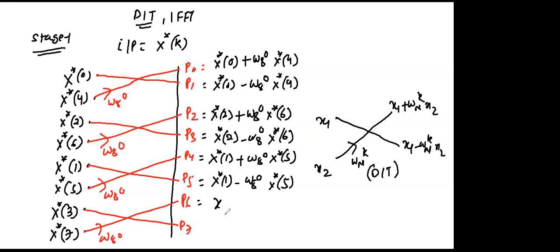Finally, sorry, capital X conjugate 3 plus omega at 0, x conjugate 7. This is x conjugate 3 minus omega at 0, x conjugate 7. Okay. Please note down these equations. This is your stage 1 calculation. I'm just giving 30 seconds to you people. Not required to note down because you know already, but still, because you have to upload the assignment, no? You just note down.